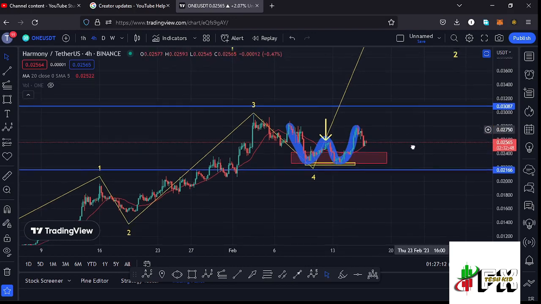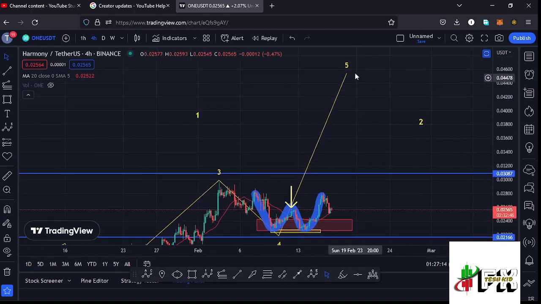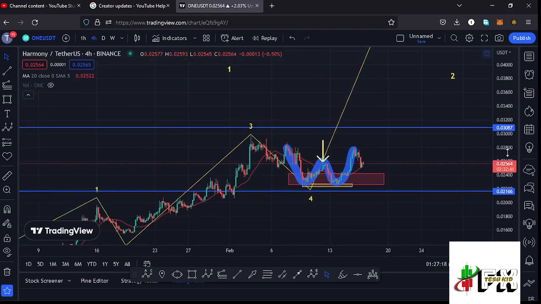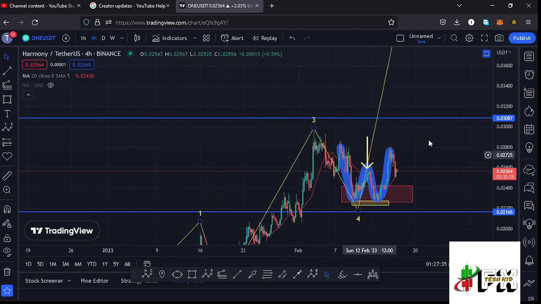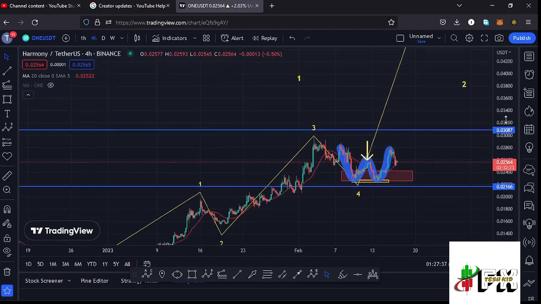I believe that whatever we are seeing is the start of a massive bounce to the upside in the formation of this wave 5. We have also seen a breakout out of a chart pattern that we had over here, which is a double bottom that was giving me a minimum target area to the upside at around the $0.29 mark, which is a target area that we have almost fully maximized by making a peak at around the $0.028 mark. And before I get further into the technical analysis and also give you my next price targets here on